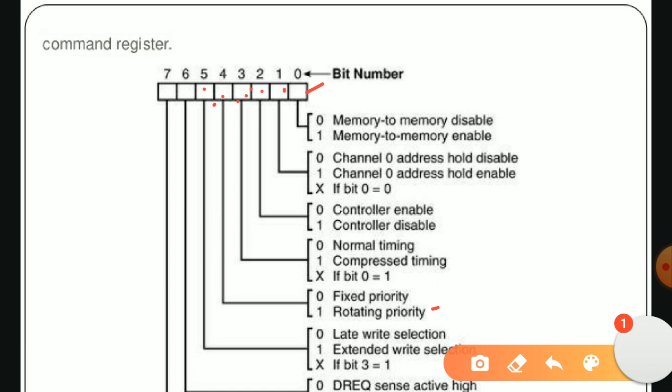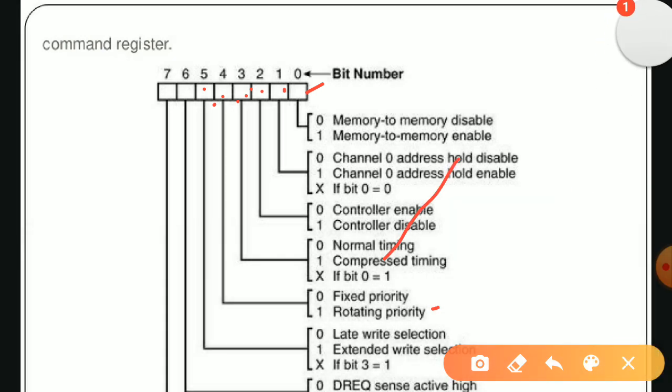In such a case, we use this mode of operation, which means the write cycle is extended so that the slower device can access the data easily. So wherever the peripheral devices are slower, we use late write selection or extended write selection.